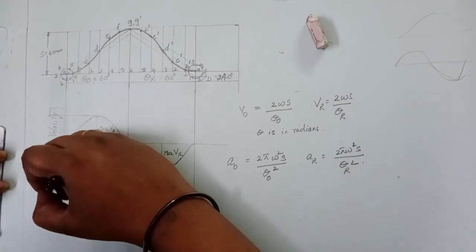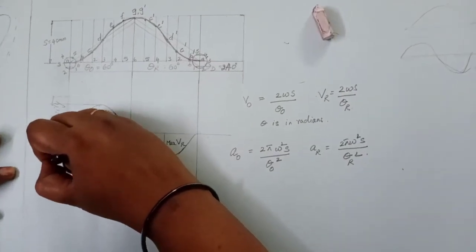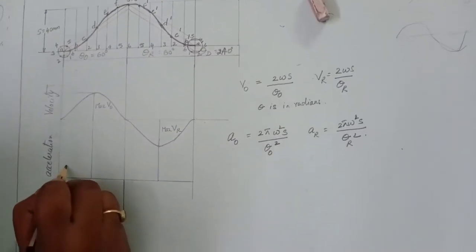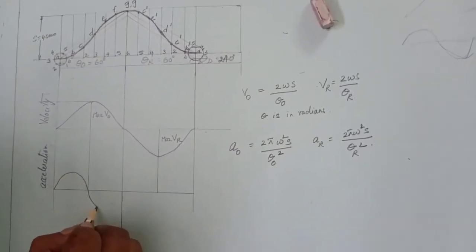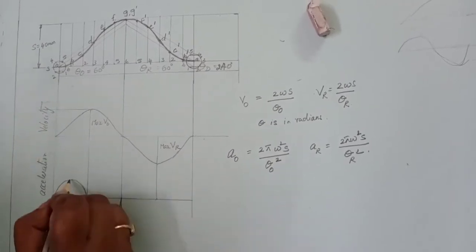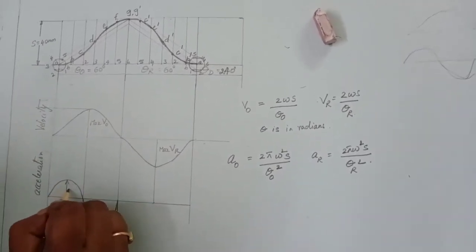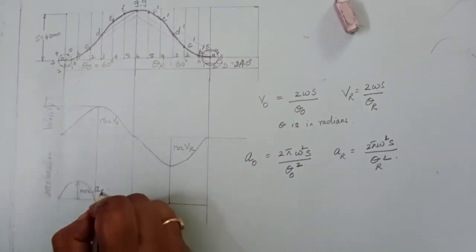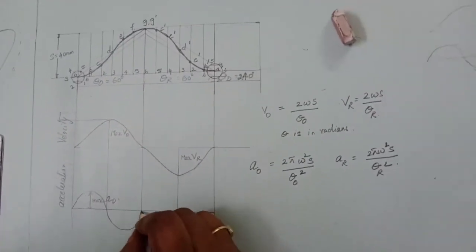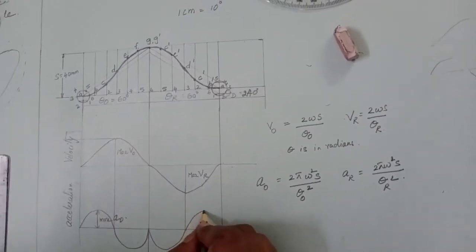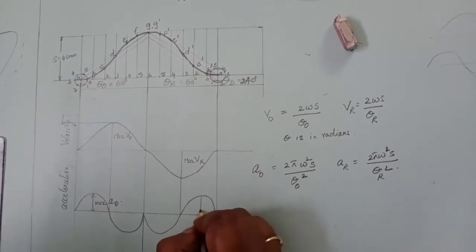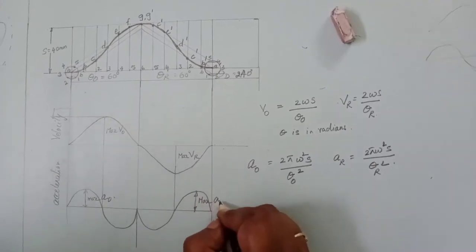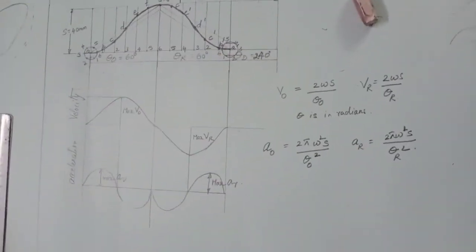Okay, so now acceleration in the y direction. So now you just draw the curve like this. The acceleration curve will be like this. So this is your maximum acceleration point, that means acceleration O. Same way here you may get it in the reverse direction. Maximum acceleration in the return stroke. This is the shape of the acceleration diagram.